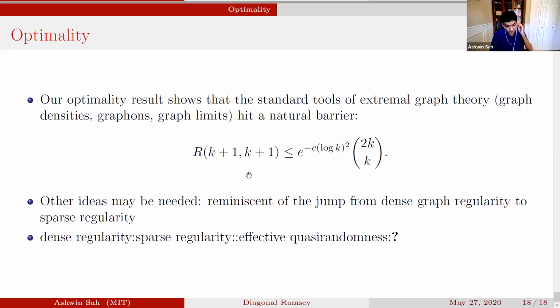Yeah, so to leave you with an analogy, you could say that dense regularity is to sparse regularity as these effective quasi-randomness results are to what? Are there ways to push back this? Seems like once you get k, it's hard to start counting these graphs. Is there a way to characterize the behavior that occurs after this regime, even if you can't exactly, because maybe new behavior does occur just like in sparse regularity, stuff like that. So that's a very broad question, not the Ramsey problem. Certainly this is one of the most exciting problems in